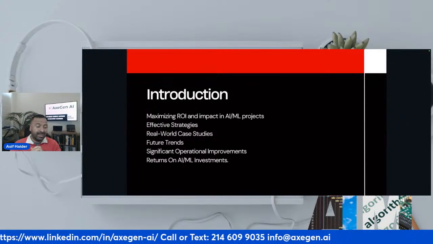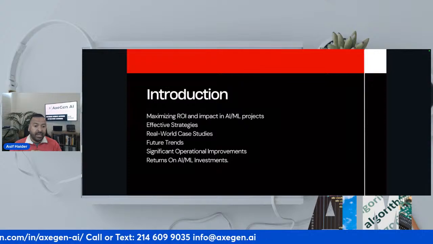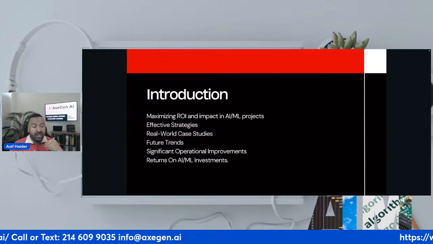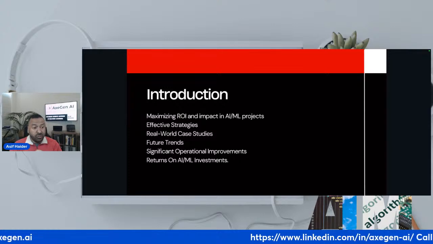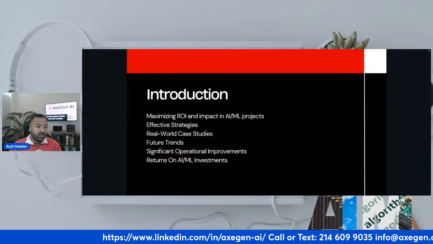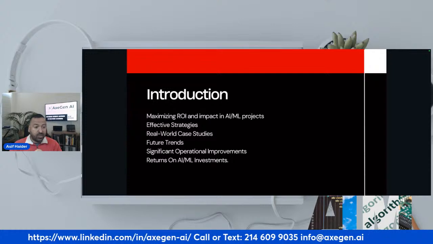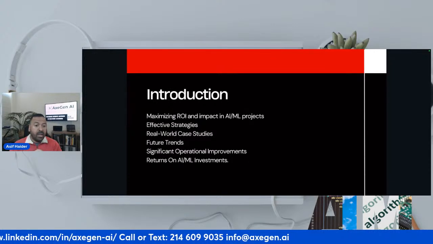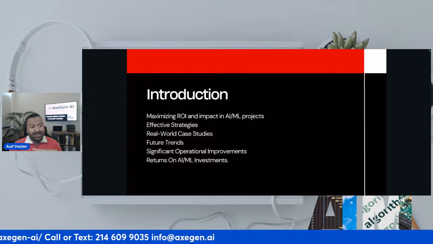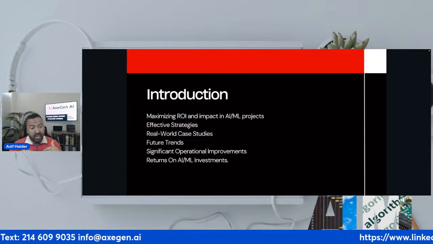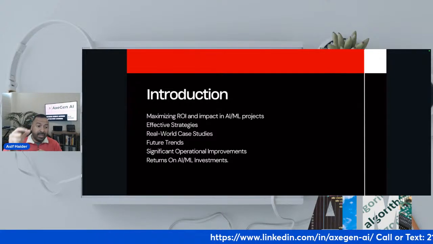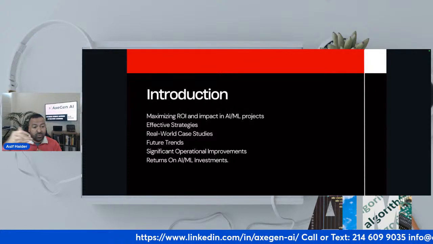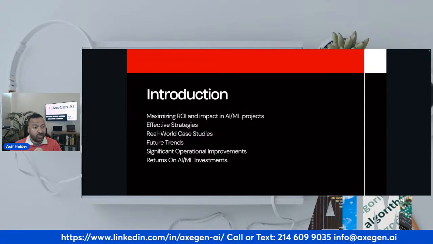First, like I said in the very first slide, we are trying to maximize a return on investment for artificial intelligence and machine learning. This year in 2024, there's been a substantial amount of budgets put out. Some of them start with B, some of them start with M. Whatever the number is, these investments really have to land in the right spot at the right time and have the right people engage with the best process in order to deliver